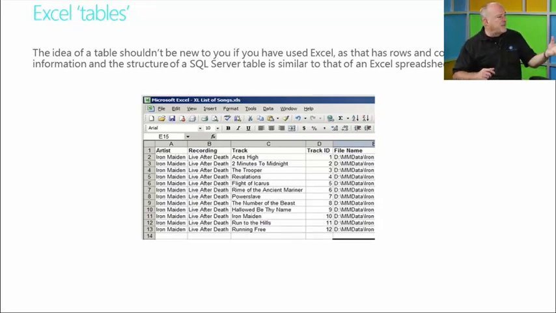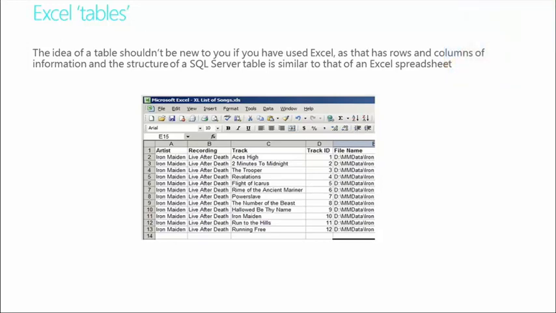Now, Pete, can you remember the first time you used an Excel spreadsheet and you thought it was the coolest thing because you could have rows of information and then columns of information relevant to those rows? It's funny, I actually still use one of these today, which I'm a little bit embarrassed about. I use a spreadsheet with all kinds of columns to manage my music collection, my CDs. I've got a row for every CD in my library, and columns for the person who introduced me to it, the genre, and the date that I acquired it, sort of like the High Fidelity movie, so I can look at my library in chronological order.